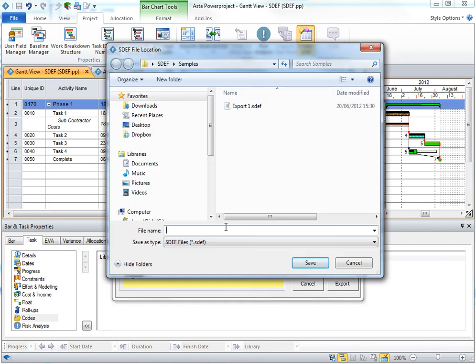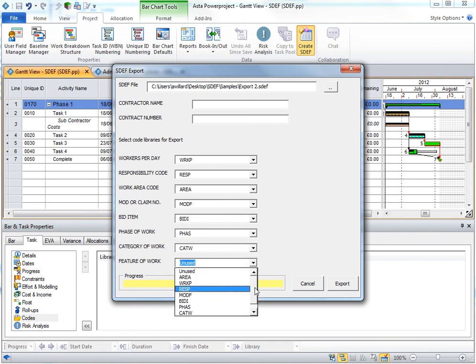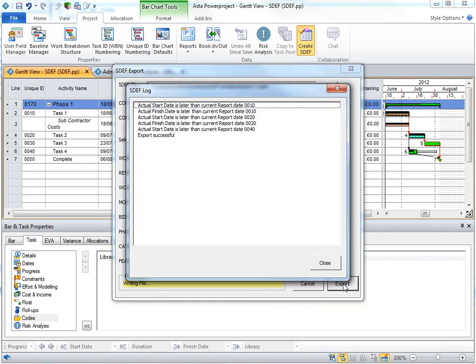So we'll call this export 2, and again we'll just have to match those up. And we'll do our export,